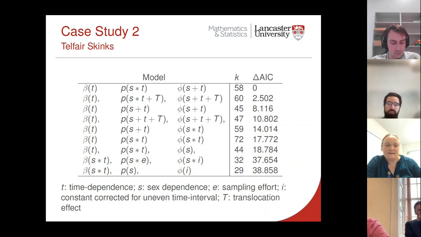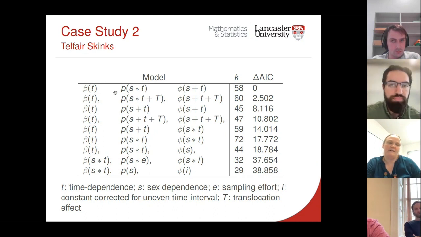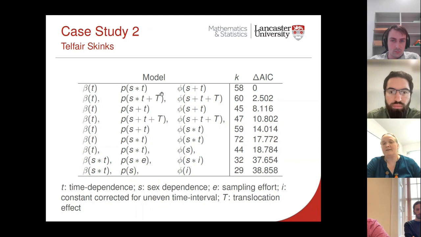So after lots of model fitting, lots of waiting patiently, we basically have ended up with a model where time dependence is important for the arrival of new individuals. We've got sex and time effects in capture probability, and we've got an additive sex and time effect in survival probability. And it was one of the first applications I've worked on where we've got a nice clear